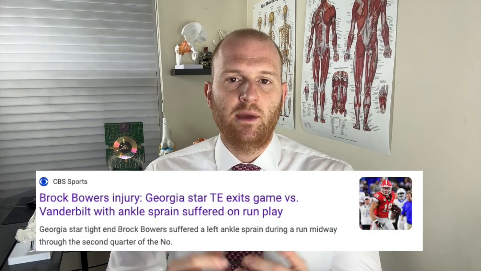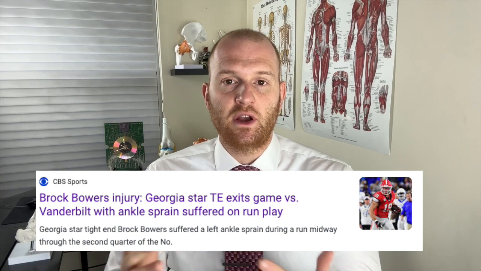negative. After the game, Coach Kirby Smart was asked about the severity of the ankle injury, and he essentially said it's an ankle sprain and he doesn't know how severe it is yet. Bowers is due to have an MRI, which is going to show us the severity of the ankle sprain, and there actually is a grading system for these ankle sprains, and that's something I want to focus on with this